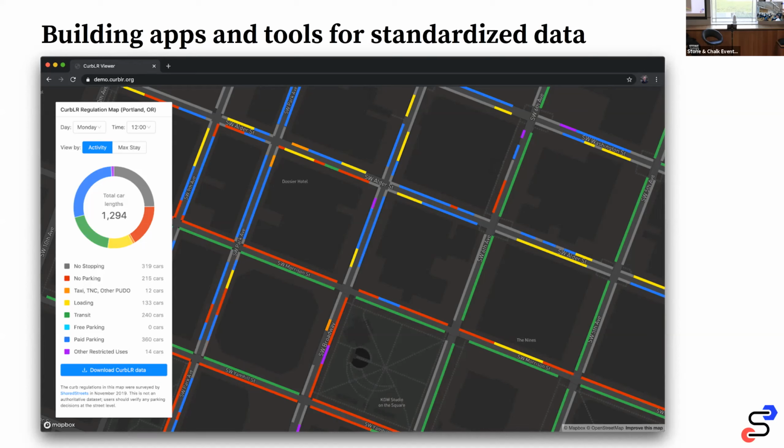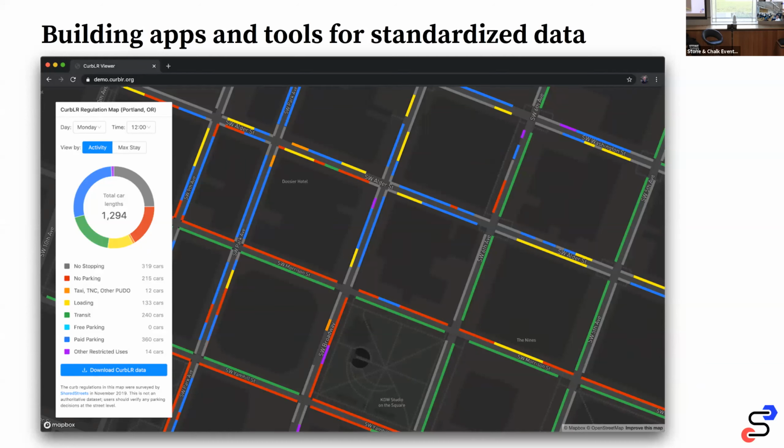And this is something that any city could take their data and plug into. So instead of having to reinvent the wheel and build their own analysis tool or their own visualization or their own map, they could take what I've already done and just plug their own data into it. They don't necessarily have to make it public, but it means that not every city needs to hire somebody to build a custom app, which is probably a situation that's relatable for a lot of folks here.